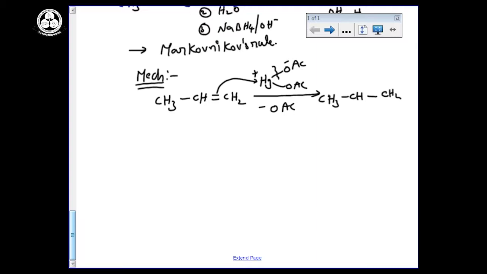Already I told you it can follow the Markovnikov rule. Now we are going to add Hg, OAc, and now we can get the positive charge here. Now it can form another bond in this direction, another bond in this direction. So this is also partially positive and this is also partially positive. See the previous mechanisms. So this is called NCC, non-classical carbocation.